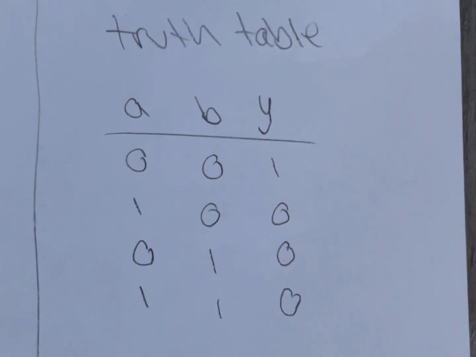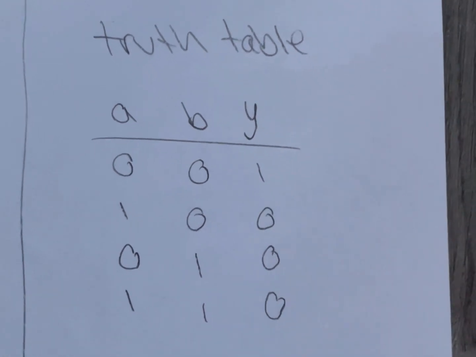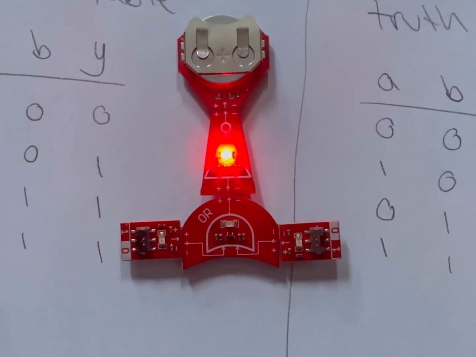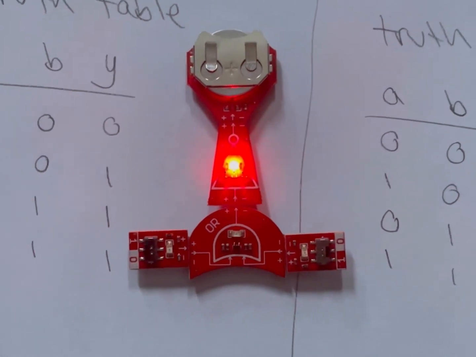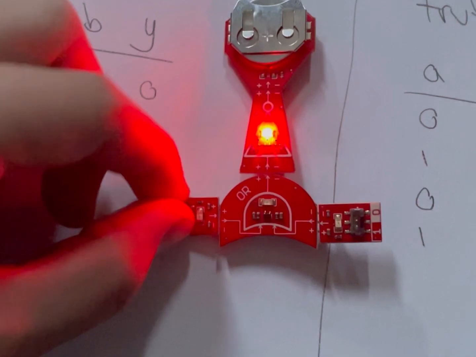In the truth table, we can see that turning both inputs off is the only way we can receive an output. We can prove this truth table using logic blocks. If both inputs are off, the output will be on, but if either of the inputs are turned on, the